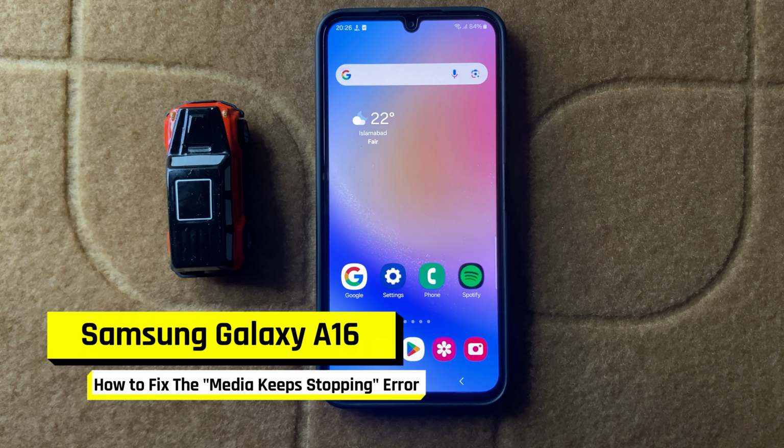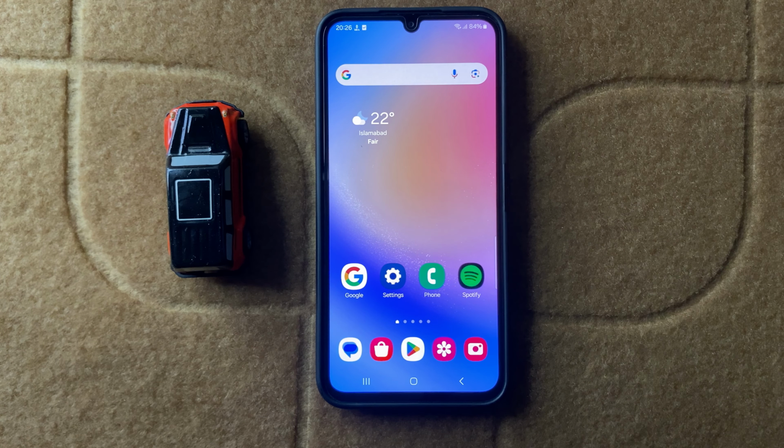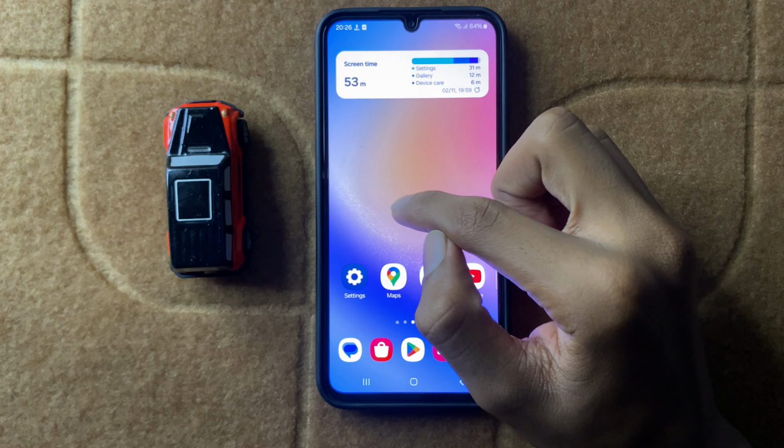How to fix the media keep stopping error in Samsung A16. So let's start the video. First of all,